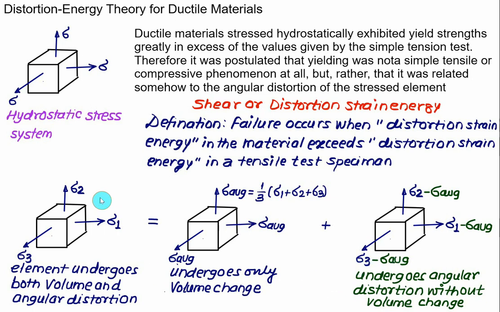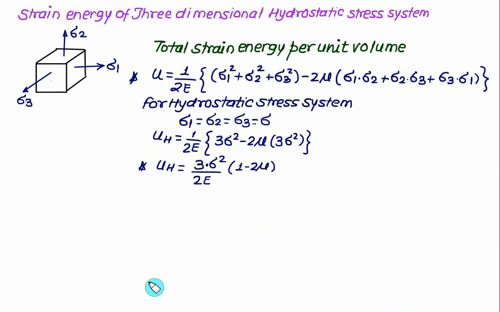Due to the three stresses sigma 1, sigma 2, sigma 3, we observe that there is a volume change and an angular distortion. So one part will consider purely the volume change and no angular distortion. The second part will consider the angular distortion without any volume change. Now, the strain energy with sigma 1, sigma 2, sigma 3 is given by the